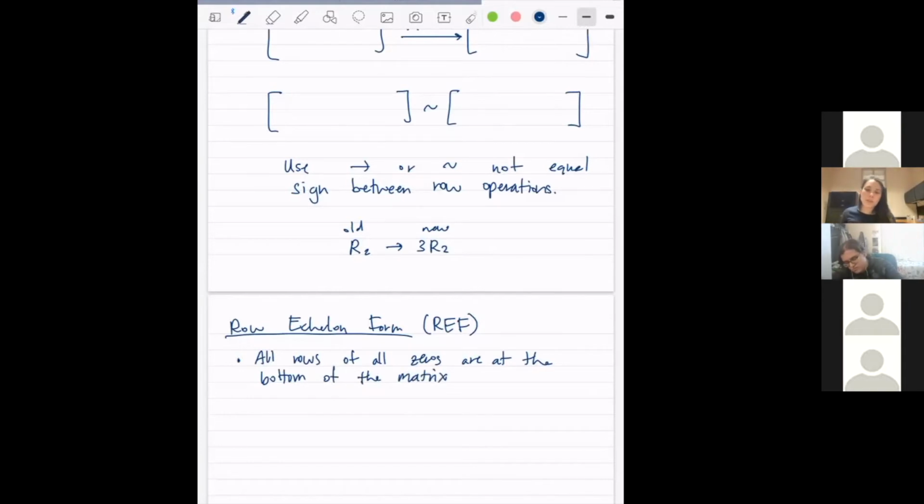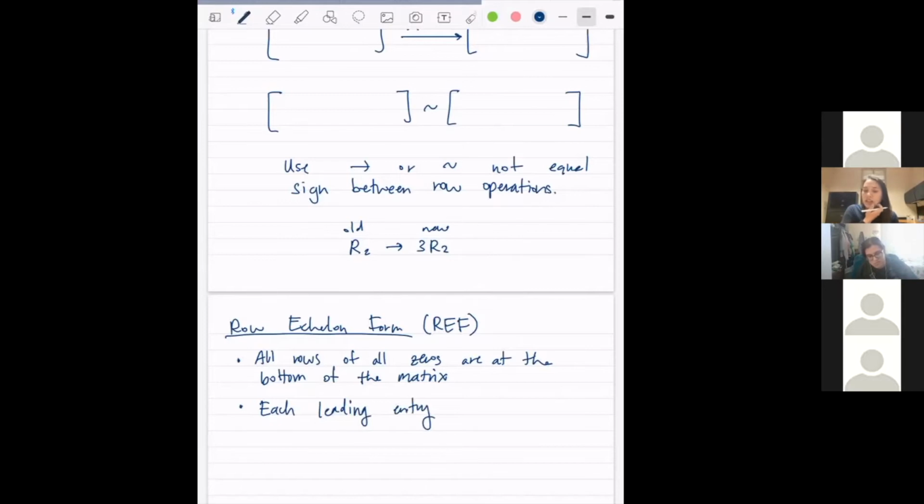So if you have any rows of all zeros, they occur at the bottom, right? And then we can easily get to this using our row operations by just interchanging, right? So we can just push everything to the bottom that is all zeros. And then each leading entry of a row,